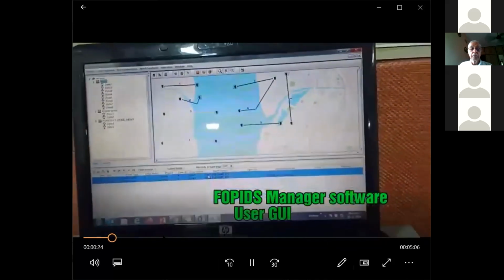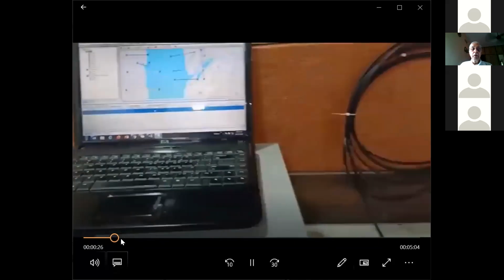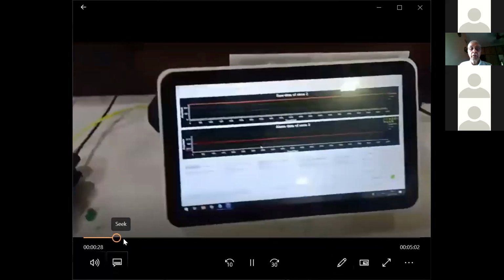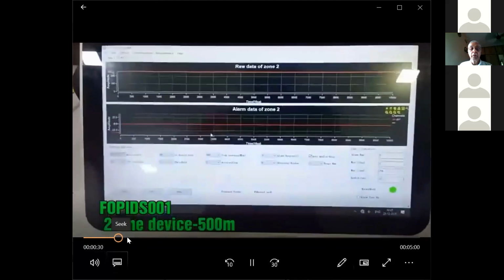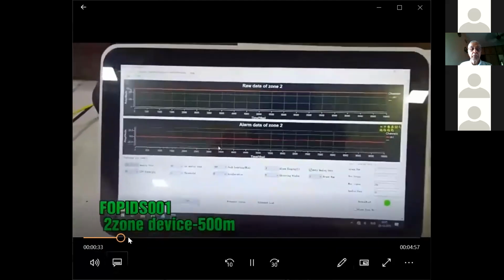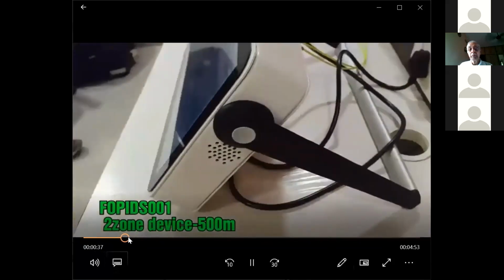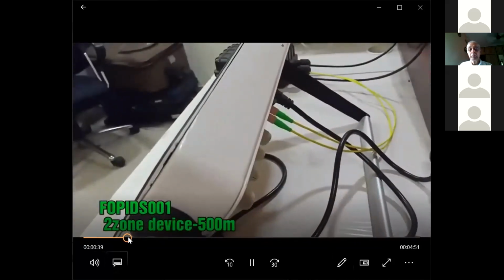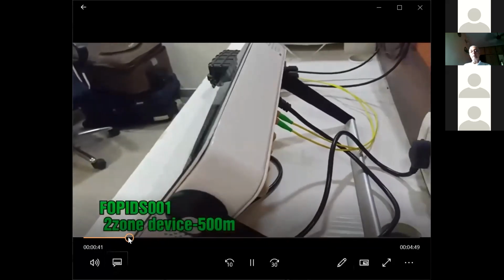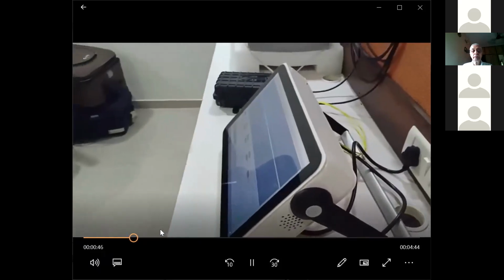the equipment which we make in India, and this is being used at our border area for security. We could bring down the cost to a few lakh rupees, maybe 15-20 lakh rupees or so, because BSF people were importing the equipment for a few crores. So we have given a very economical solution.